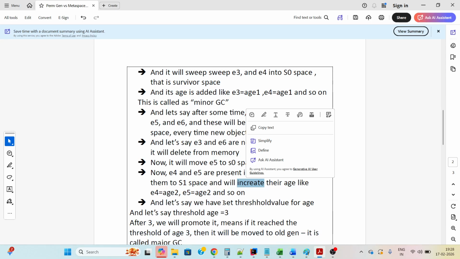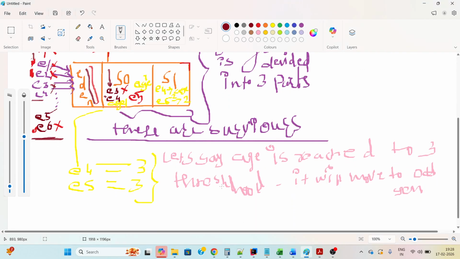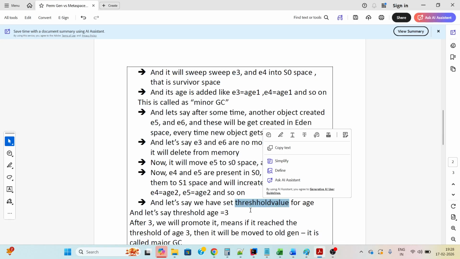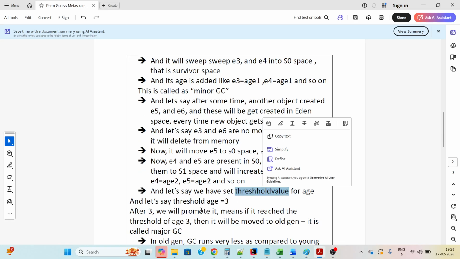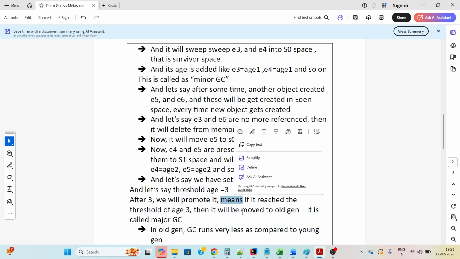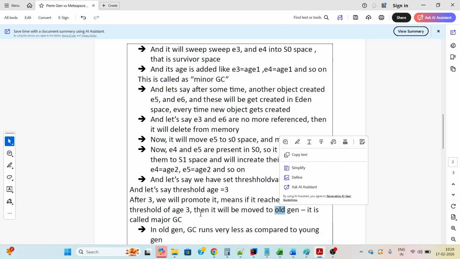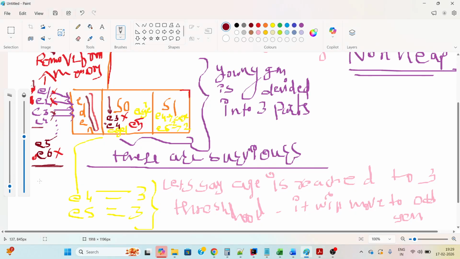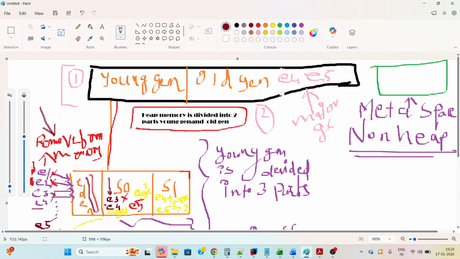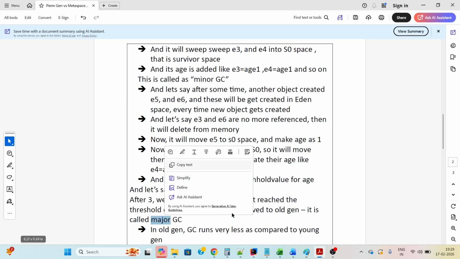Let's say we have set a threshold value of 3, and after 3 we will promote them. Promote means if it has reached the threshold age of 3, then it will move to old gen space. Now let's say E4 and E5 have reached the threshold value of 3, it will move E4 and E5 to the old gen space, and this is called major garbage collection.